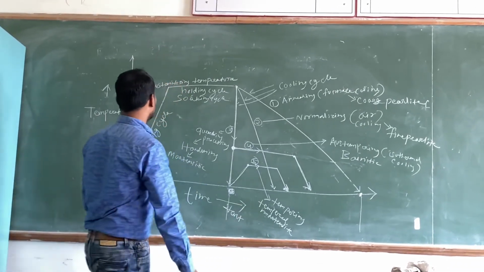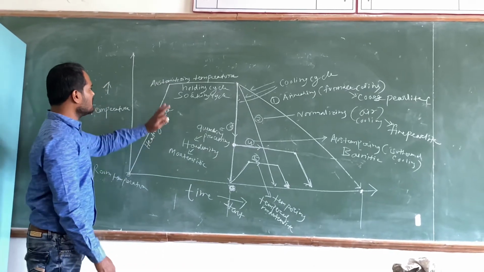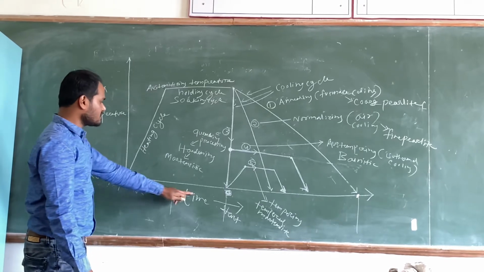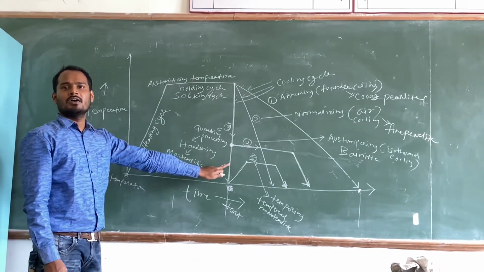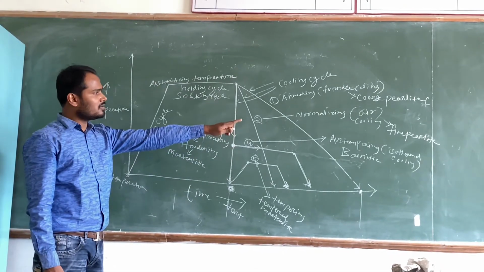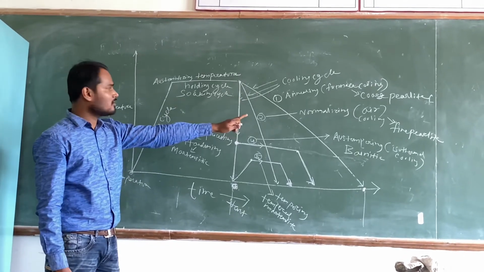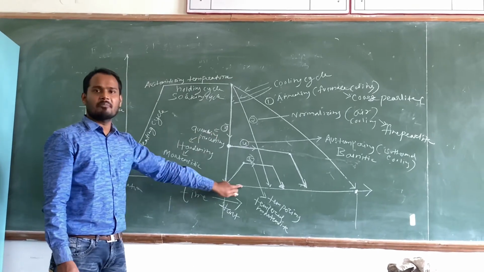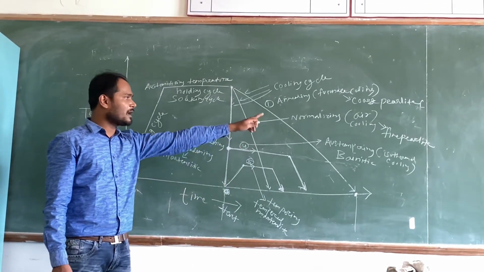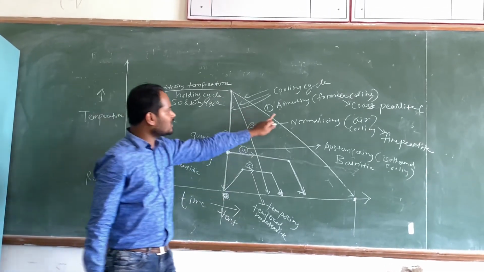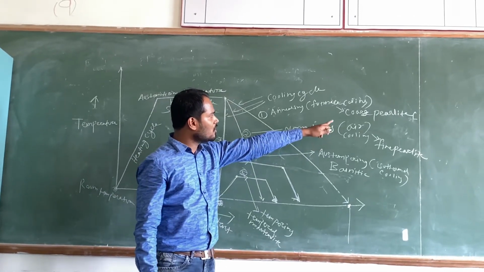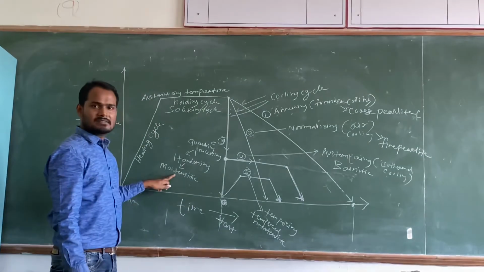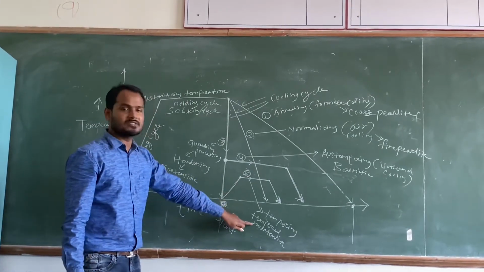So finally, a question will be like this. In this single temperature versus time cycle, I have shown you all the heat treatments. Start with annealing, normalizing, hardening, tempering, right? And the microstructure I have shown you. In the annealing cycle the microstructure is coarse pearlite. In normalizing it is fine pearlite. In hardening it is martensite, and in tempering it is tempered martensite.